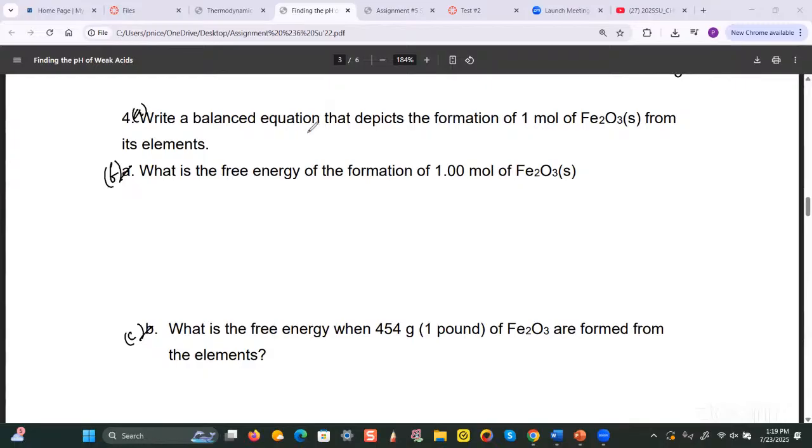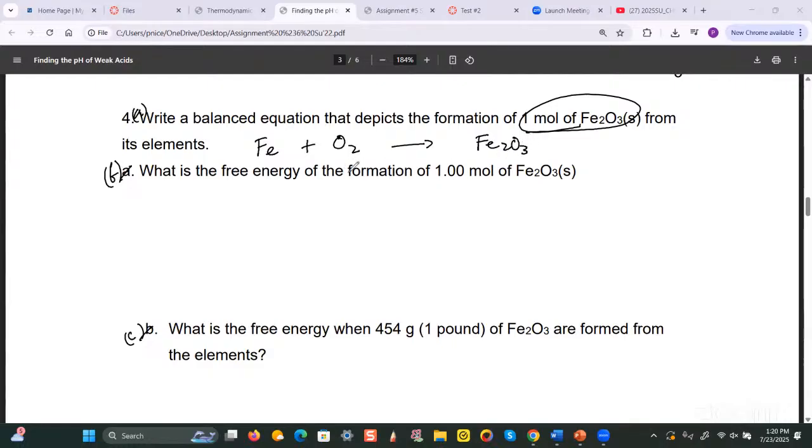Okay, so the A part is asking for you to write a balanced equation which depicts the formation of 1 mole of Fe2O3 from its elements, by the way, that's what the question says, right? So the elements would be iron and oxygen. We all should know by now that oxygen exists in nature as a diatomic molecule, right? So that's why we write O2 here. And then the product is